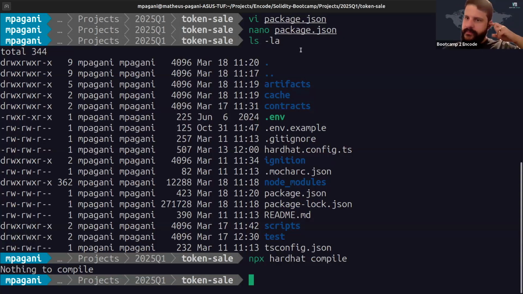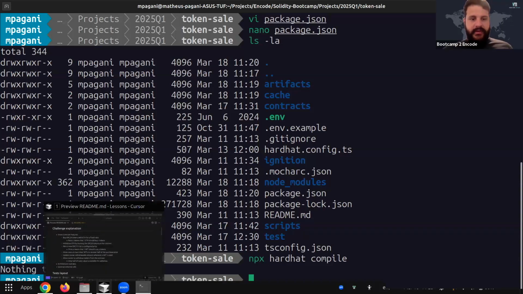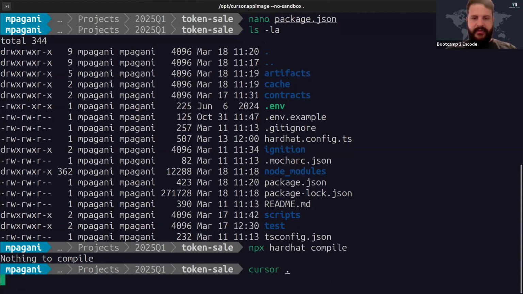Let's keep on going. When Browns returns, we get to his question. So let's create a new smart contract here called TokenSale.sol. Actually, let's do that from Cursor, okay? Let me open this folder in Cursor. I'm going to have two